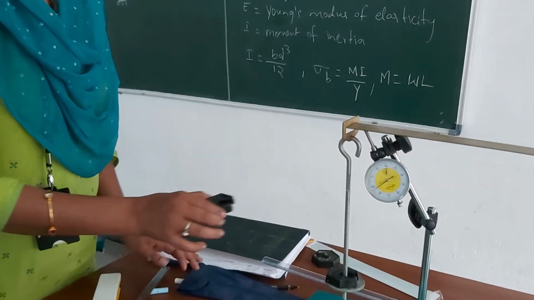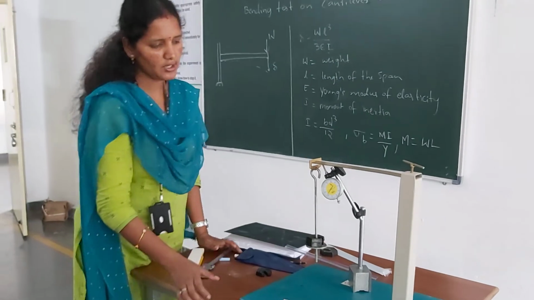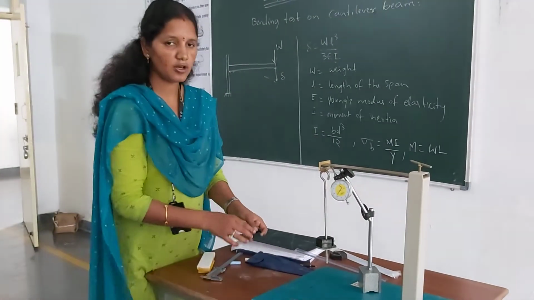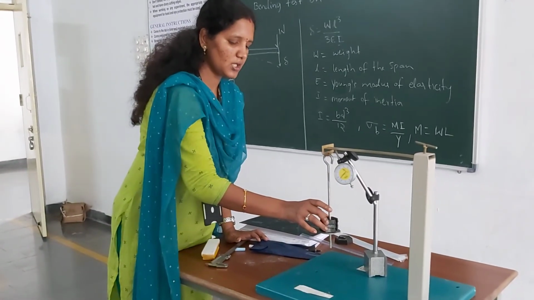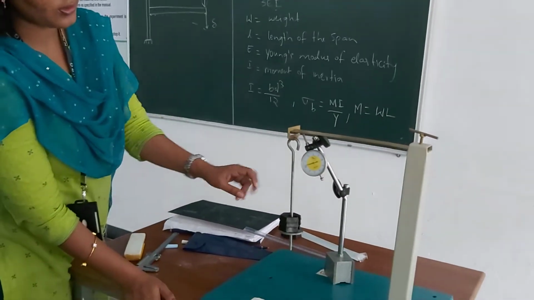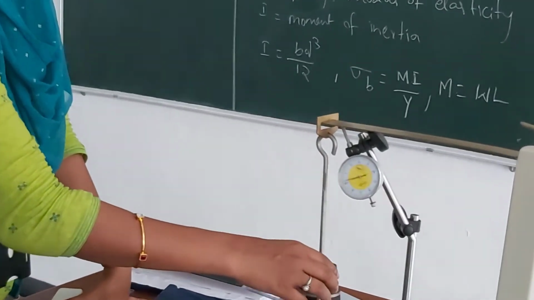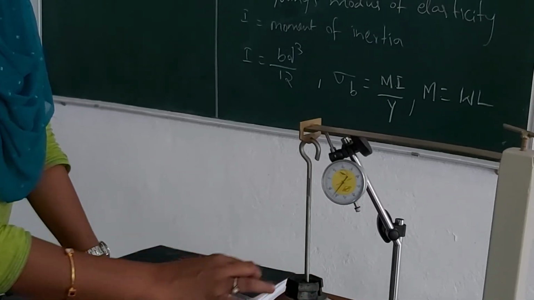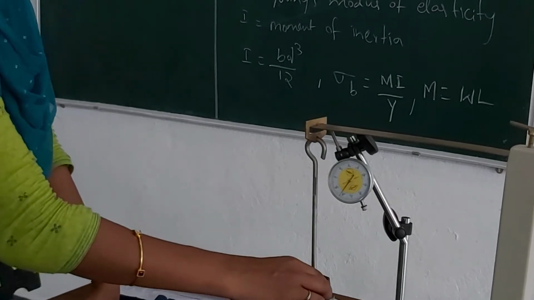And next we have to apply one more load and take the deflection whatever we get here. And the third load I am applying without disturbing the complete equipment setup, and we have to take the deflection over here. Same way we note down the deflection for the third load, and gradually we have to remove the weights one by one and note down the deflections.